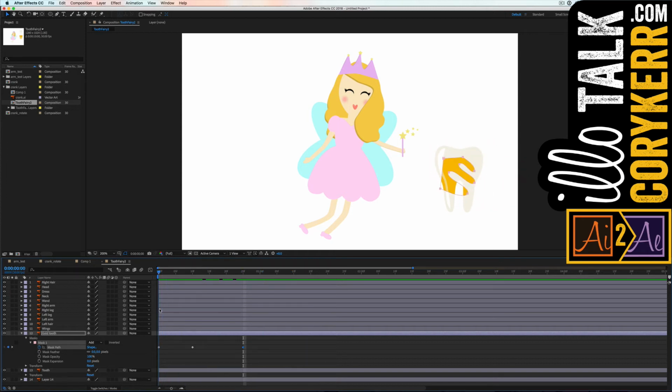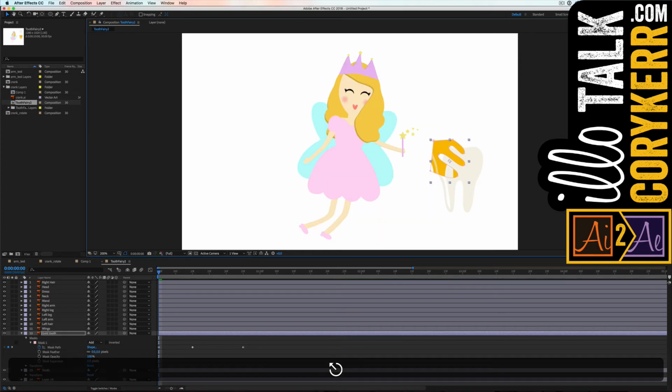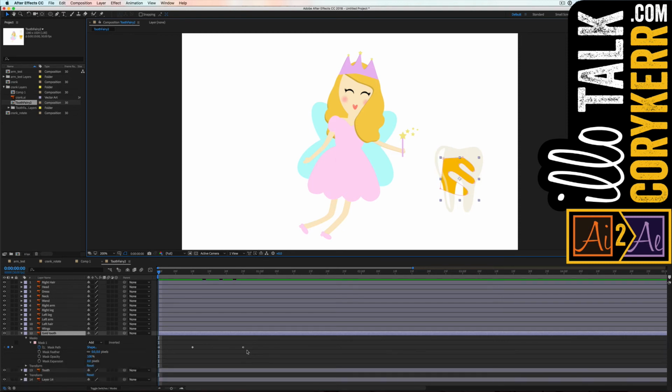I can still come in to each of these keyframes, and I can just move it. So I can come in and grab the whole thing and adjust it. I just grabbed the whole shape. So let's grab just the mask. There we go. You can still edit from there if you want to. So those are the two different ways. If it's more complex and you feel more comfortable in Illustrator, then you can do it that way or